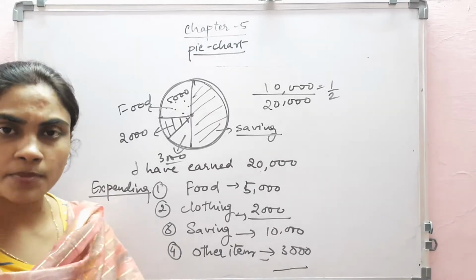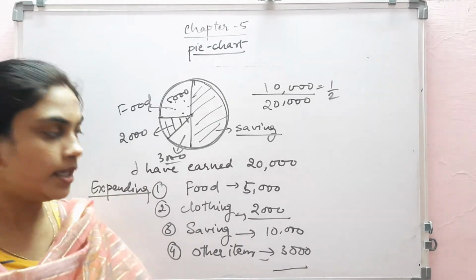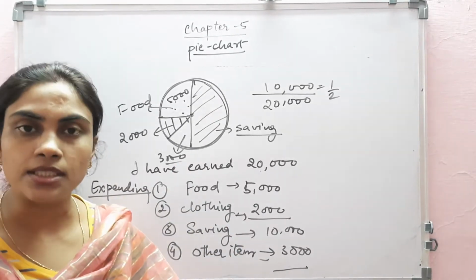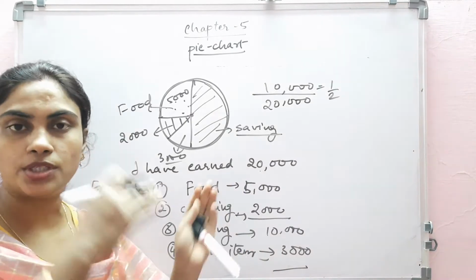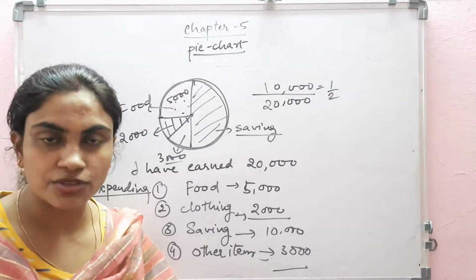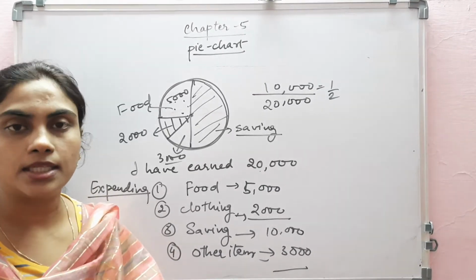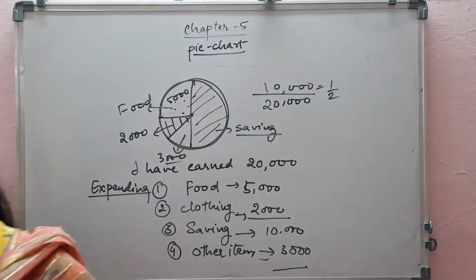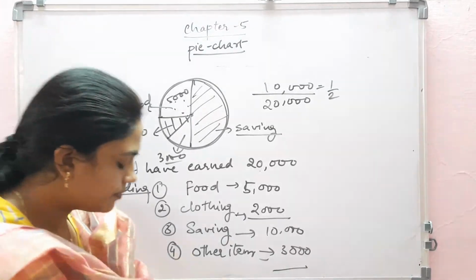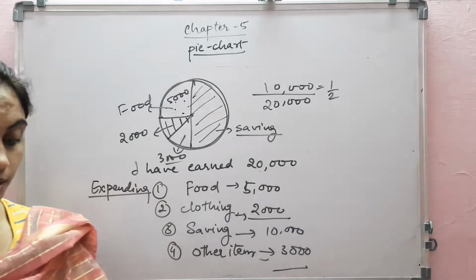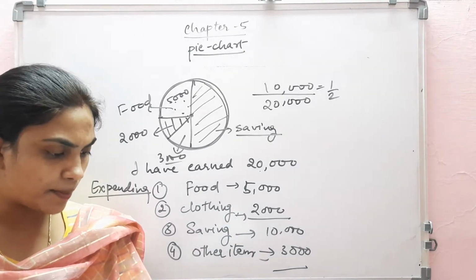And this pie chart can be represented in the degree form, in percentage form, in fraction form, in numbers form too. But directly you cannot represent anything on the pie chart in the numbers form. You have to convert it into the fraction form, then you can represent here. You can represent the data either in the fraction form or in degree form, but you cannot represent in numbers and other things. So this is the graph that we are going to do. I'm sorry, I'm explaining with an example here.